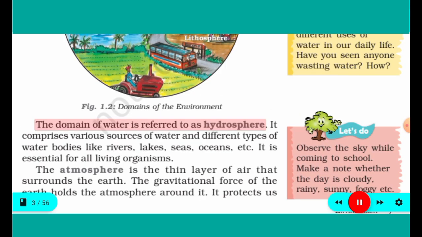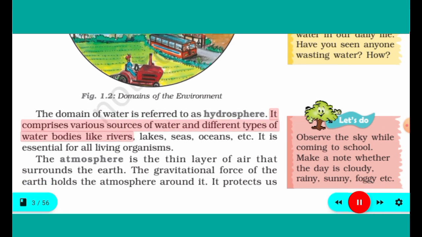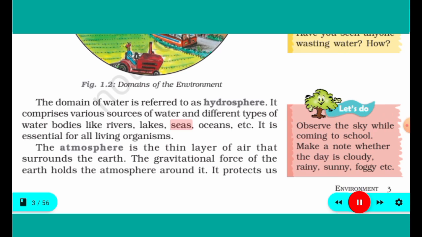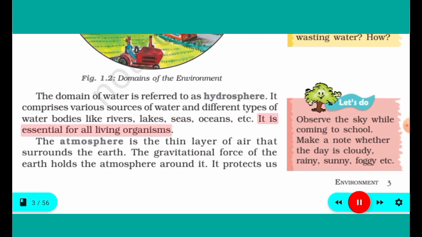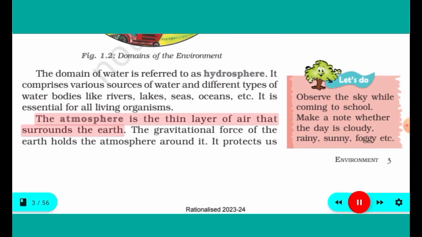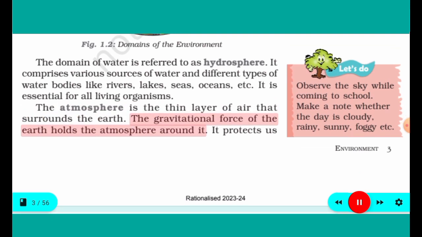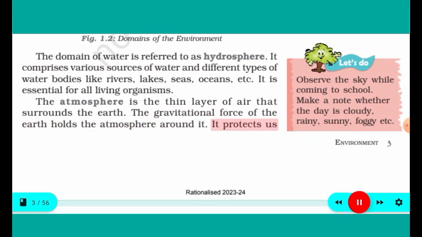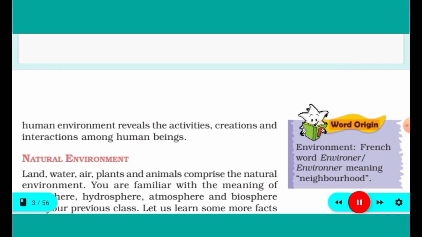The domain of water is referred to as hydrosphere. It comprises various sources of water and different types of water bodies like rivers, lakes, seas, oceans, etc. It is essential for all living organisms. The atmosphere is the thin layer of air that surrounds the Earth. The gravitational force of the Earth holds the atmosphere around it. It protects us